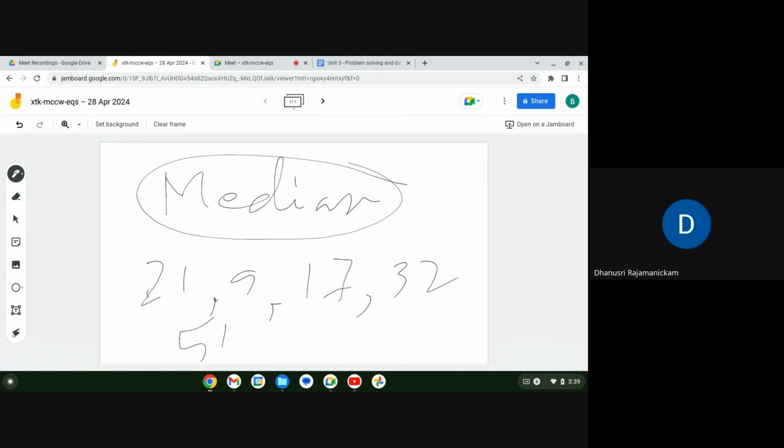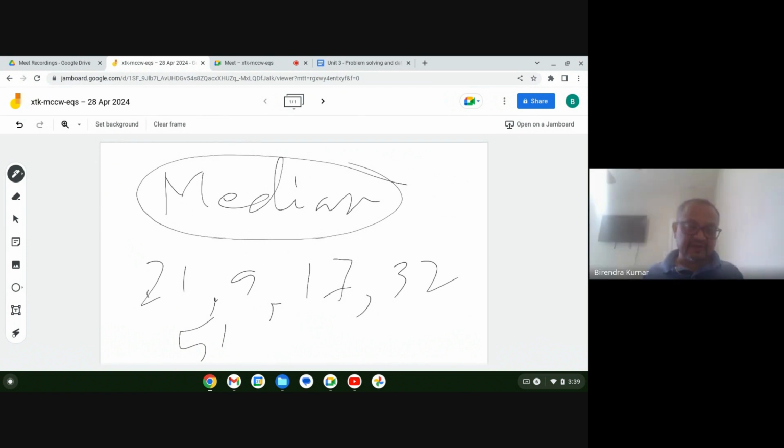The median. The mean part is fine. Mean is the average, so you add and divide by the number of numbers, right? You have 5 numbers, add them together, divide by 5. That is a mean. If you have to find the median,